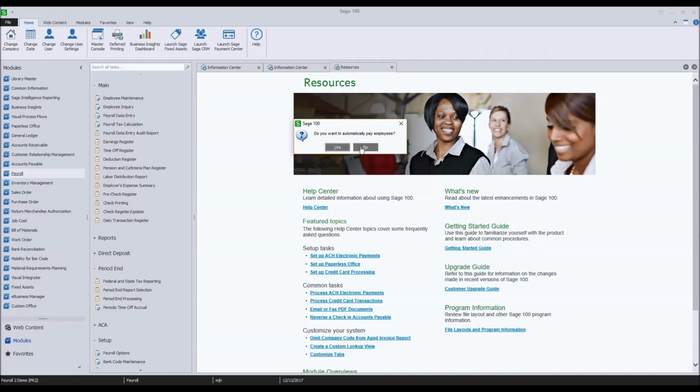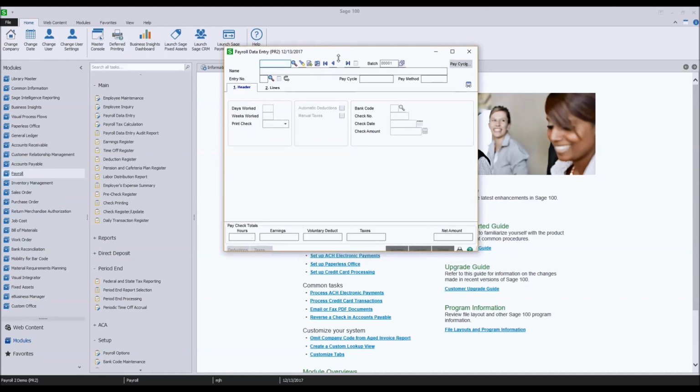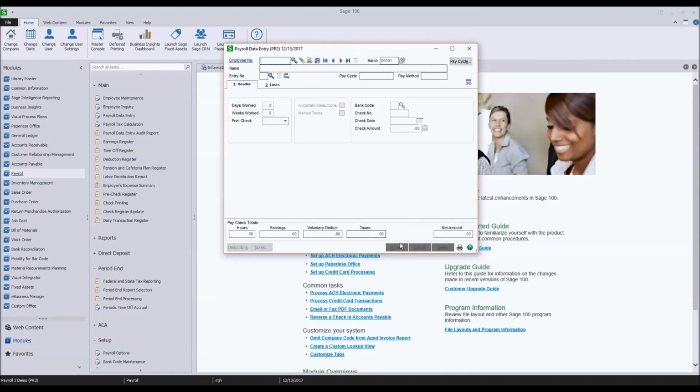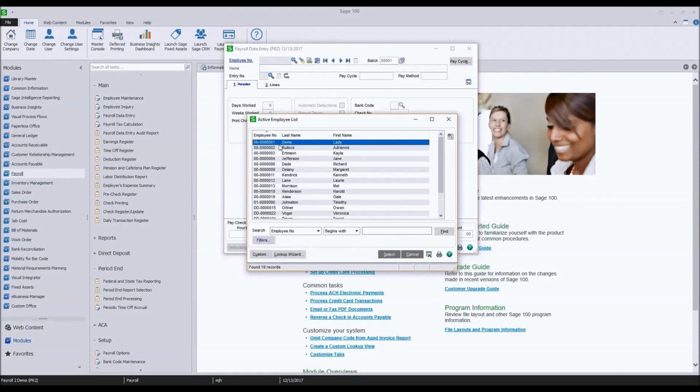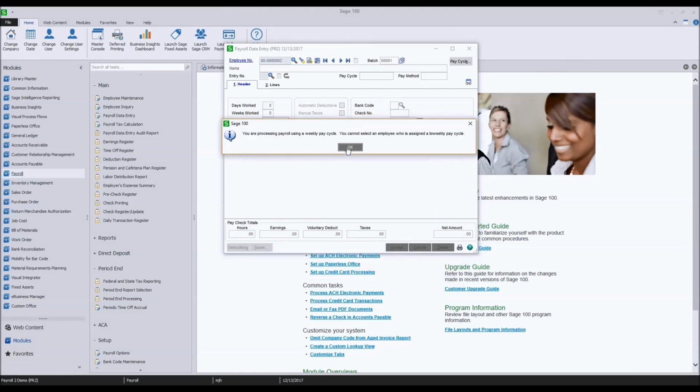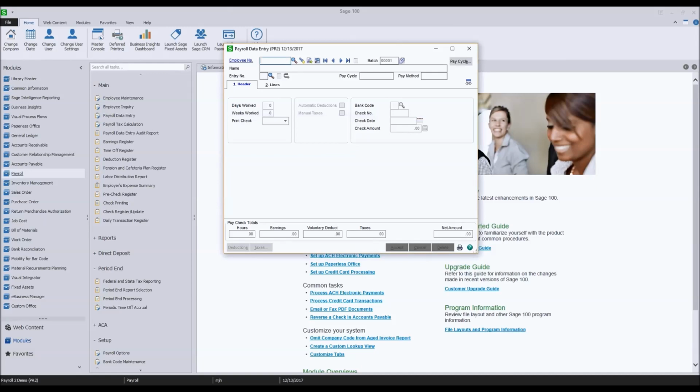Whether or not you want to automatically pay the employees, that all still is pretty similar. But now when we get into our data entry, you can see I can resize the screen a little bit, which we've never been able to do before. And we can go ahead and start picking our employees. And we also find out that if I've got an employee who's on a biweekly pay cycle, I shouldn't be picking an employee for a weekly pay cycle. So when we set that up at the beginning, it's starting to help us really be clever and delineate who is going to be paid when.